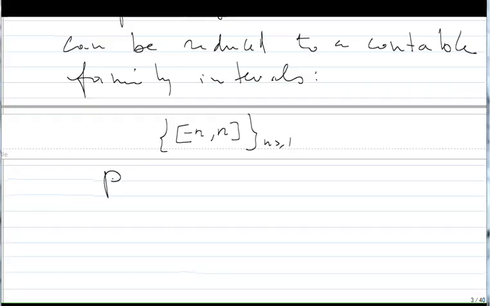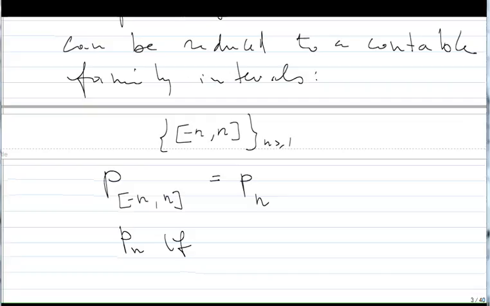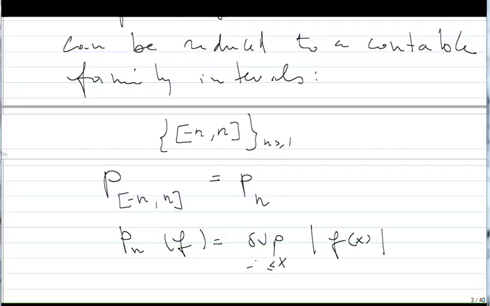So instead of writing p of minus n to n, we will only write p_n. So again, what is p_n of f? It is the sup of the absolute value of f of x when x is between minus n and n. So this will also capture the property that if f is not equal to 0, then we have